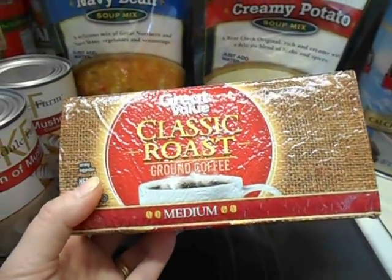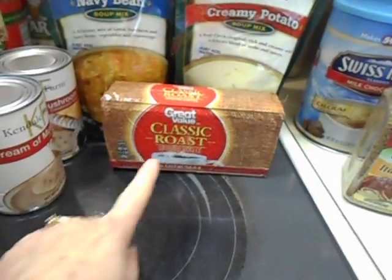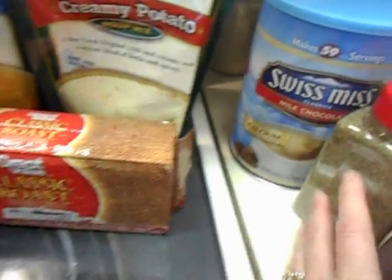This will take up a fraction of the room of a canister, and the canisters have air in them. These do not. These would pack, and there's really no weight to it, so you could almost bug out with a block of that and have coffee for about, well, it depends how many people, but maybe a couple months. So the other thing is,